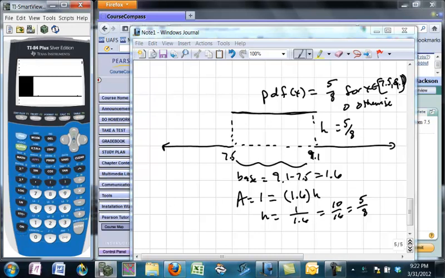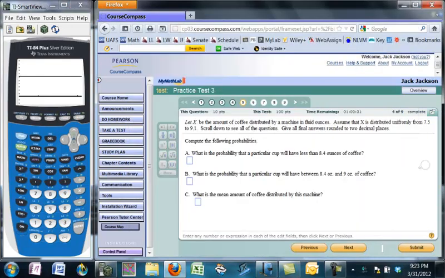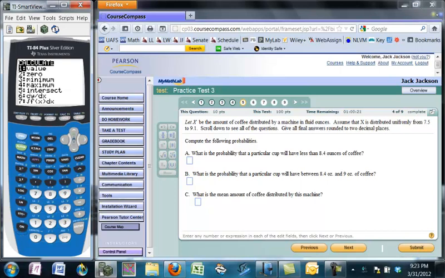Then that turns out to be, should be 1. Okay, that's good. And I'm going to clear that drawing off. Alright, so what's the probability that it has less than 8.4 ounces? Well, that's between 7.5 and 8.4. I can do it this way and even shade it by doing from